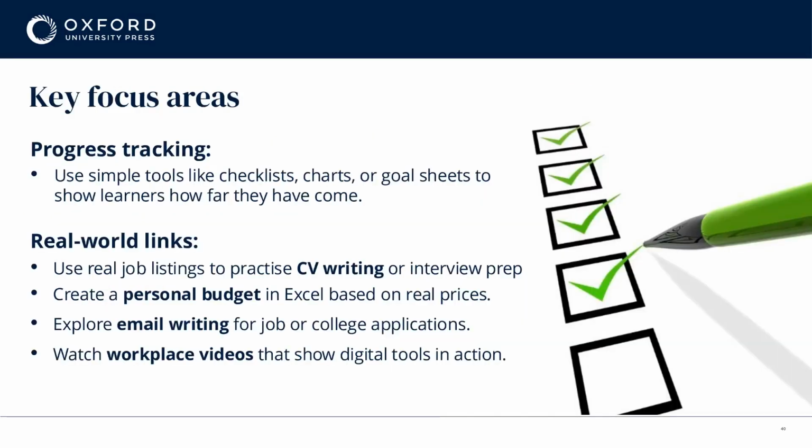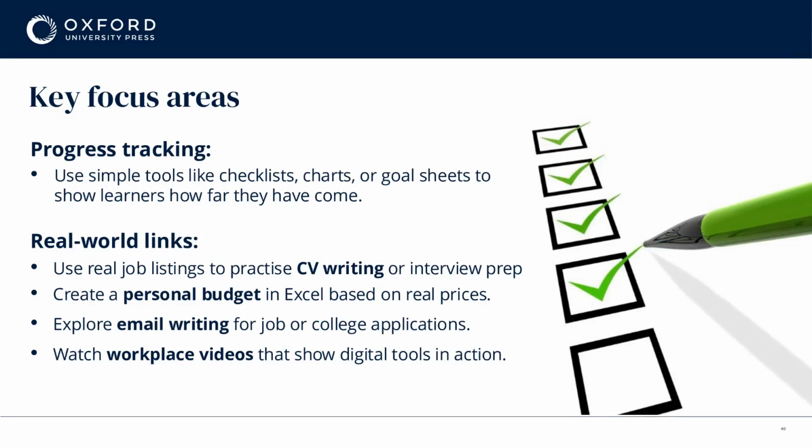Key focus areas for this include progress tracking. Use simple tools like checklists, charts, or goal sheets to show learners how far they've come. For example, as a lecturer at the beginning of the year, you could create a checklist for your students with the learning outcomes in level 2 or level 3 or level 4 and have them tick off each outcome after they have learned about it. We've also got real-world links, such as using real job listings to practice CV writing or